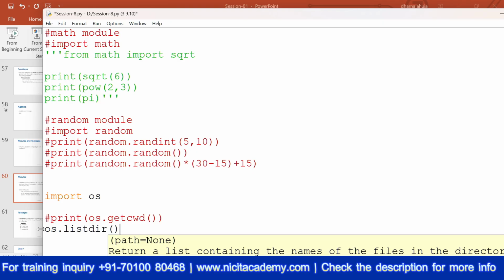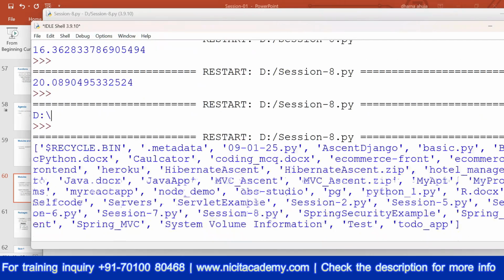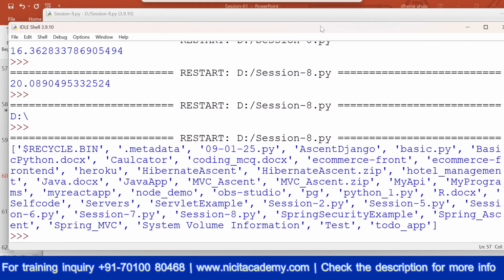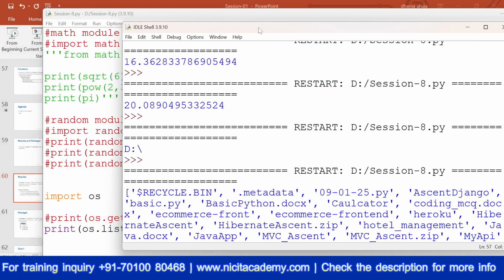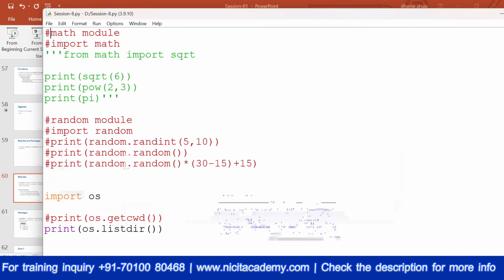So if I write this only, let's see what it gives. It is returning all the files and folders inside the D drive, because I am currently working in the D drive. You can also mention the path for which you want to list the directories. So you can just write the path here.